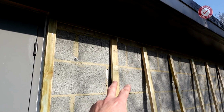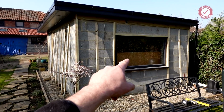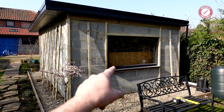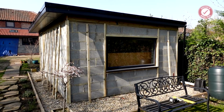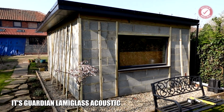As you can see, I'm just in the process of doing the battens for the cladding. On the front of the building we've got our acoustic glass window in. That took about 4 months to arrive, by the way. Everything about this project has been delay after delay, but yeah, we're finally, hopefully, going to get the outside of